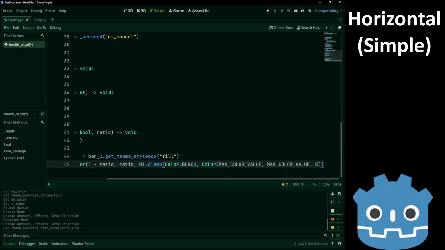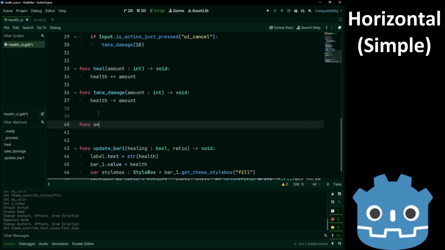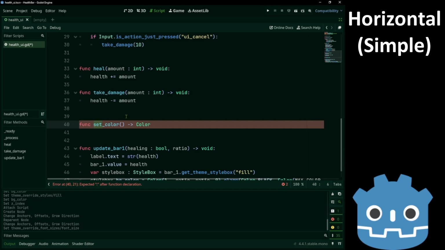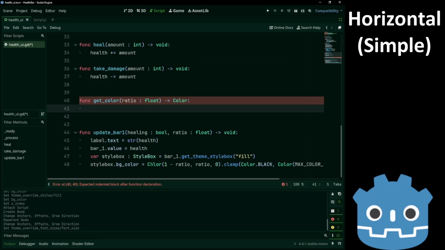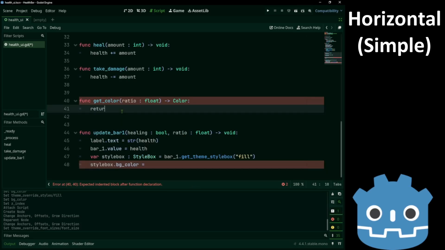Now, because we're going to use this a lot, I'll place it in a different method. Func set color, or rather get color, give a ratio, which is a float, and return this.